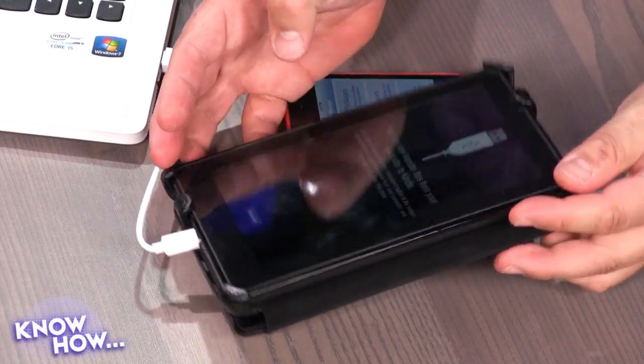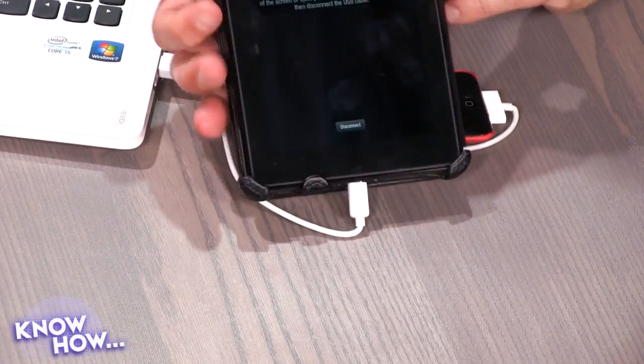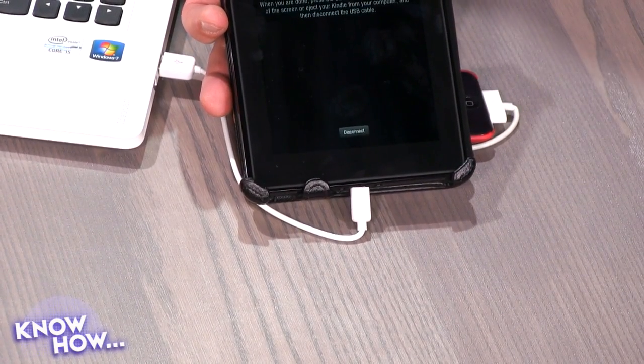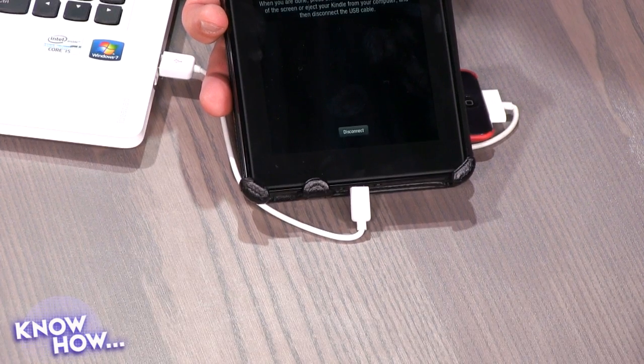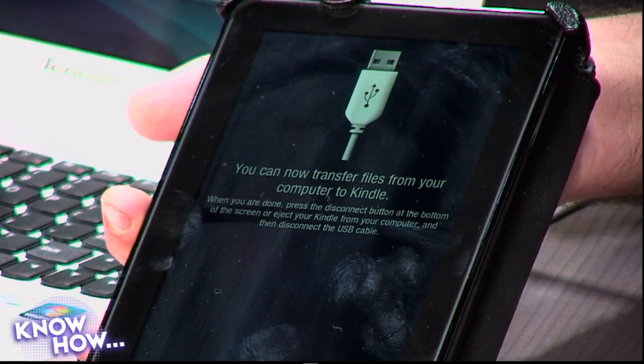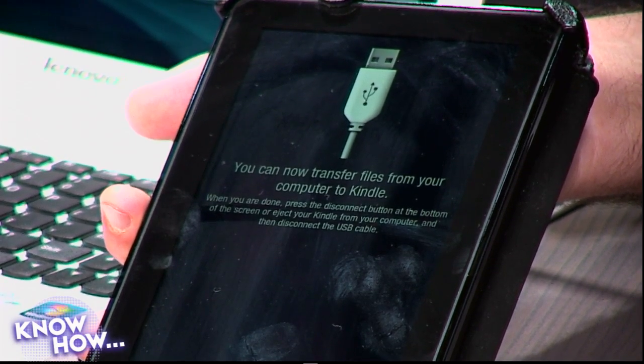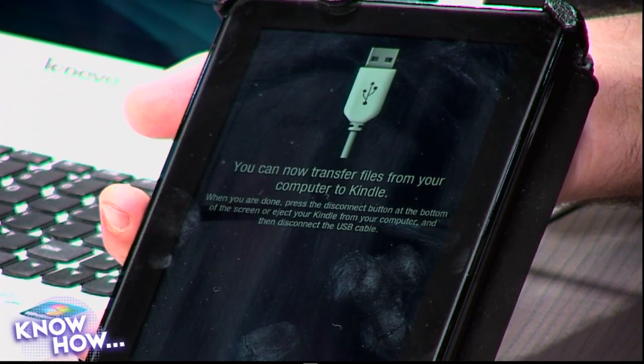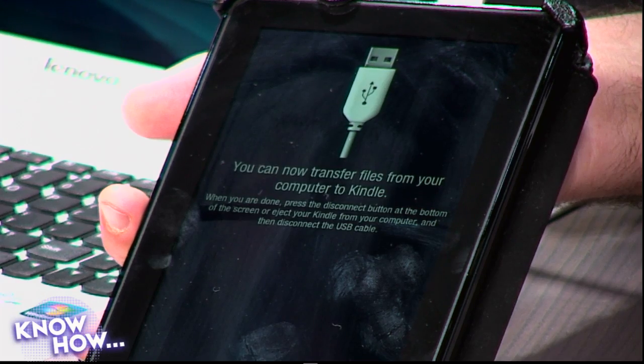So don't freak out. It does a great job. Right now the Kindle is saying something which I can't really see. It's in USB mode, so you could theoretically access files, put files there. This is normal right now. Absolutely. Okay. So if we can somehow see my screen on this Lenovo, let's see if we can zoom in a little bit.